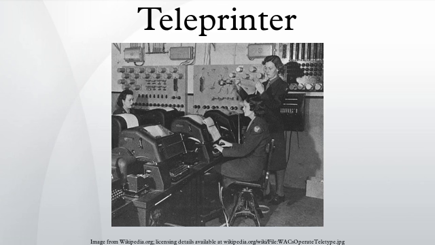For example, ringing 4 bells on UPI wire service machines meant an urgent message. 5 bells was a bulletin. And 10 bells was a flash, used only for very important news, such as the assassination of John F. Kennedy. The teleprinter circuit was often linked to a 5-bit paper tape punch and reader, allowing messages received to be